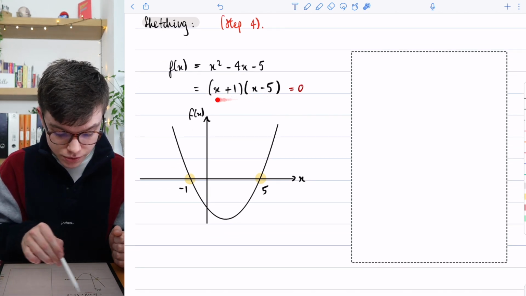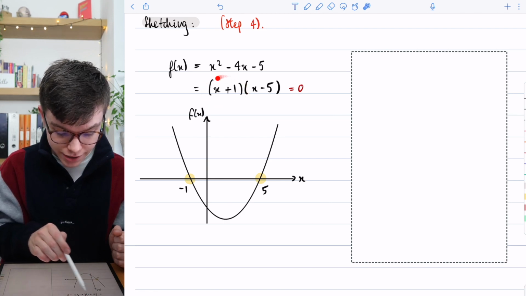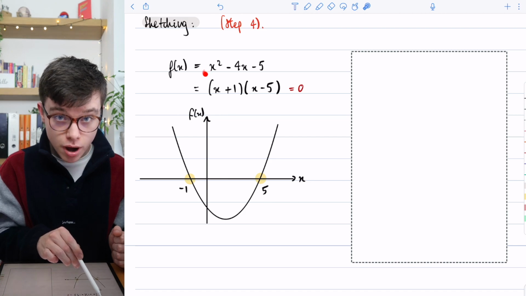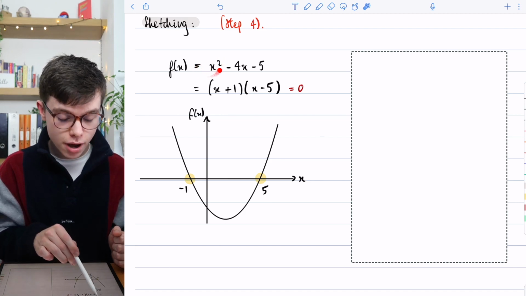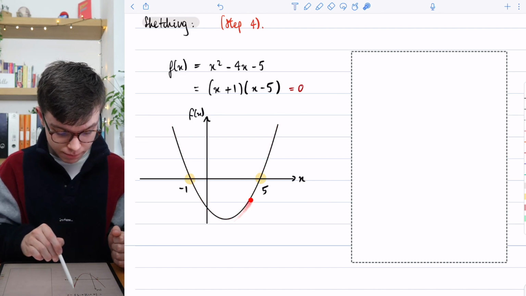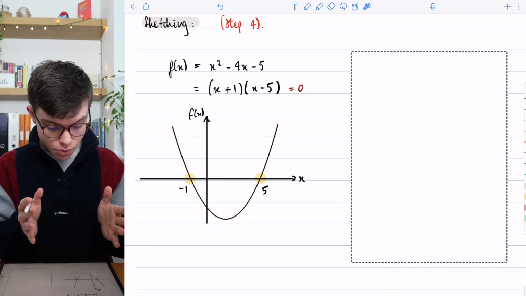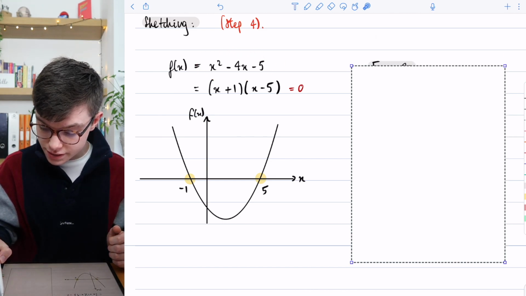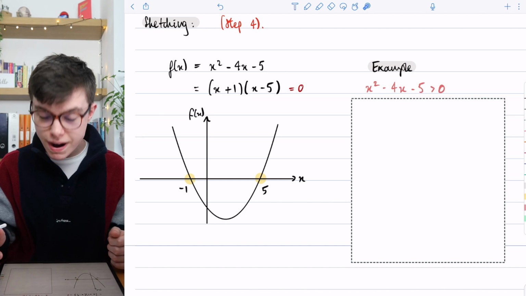Either bracket can be equal to 0 here, so we get x is minus 1 or x is 5, and those are the 2 roots. And it's got a positive a, x squared is positive, it's just 1, so we get this positive U-shaped quadratic, okay? So what if, for example, this quadratic, let's have a look at the first example here, is greater than